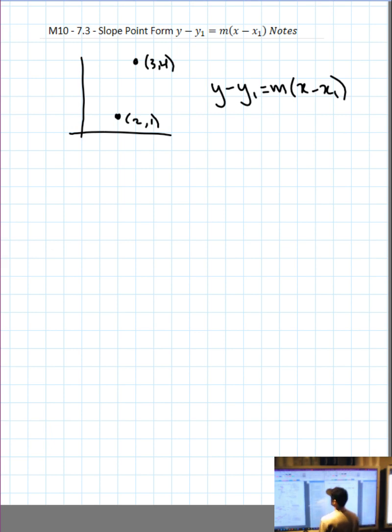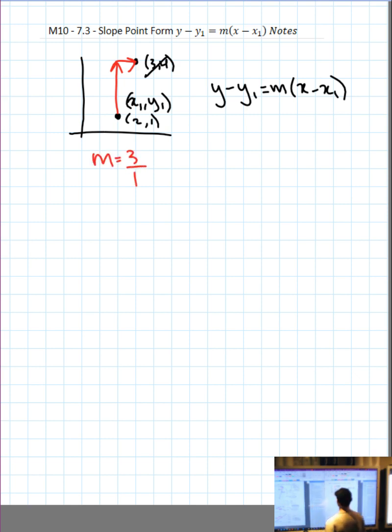Okay. So we have the point (2, 1). I'm going to cross out the point (3, 4). We could use it, but let's not. So above the point (2, 1), I'm going to say x1, y1. Then I'm going to count the slope. So we go up 3 over 1. So we know that the slope, m, is 3. I'm going to put it below,